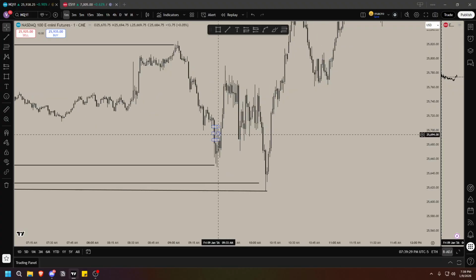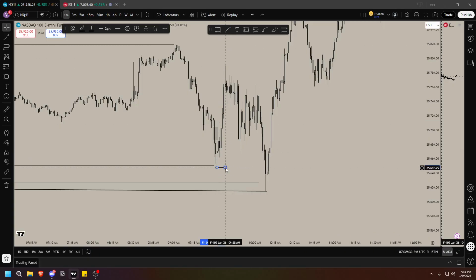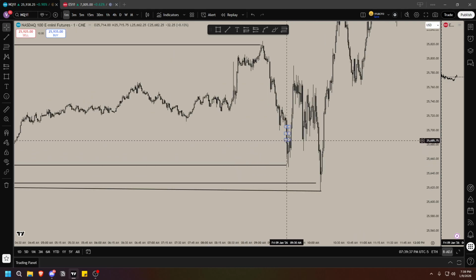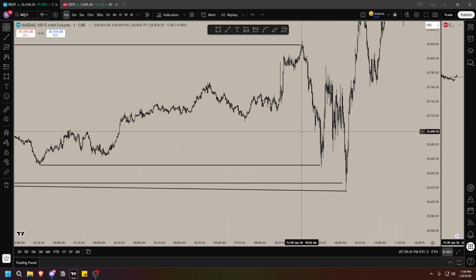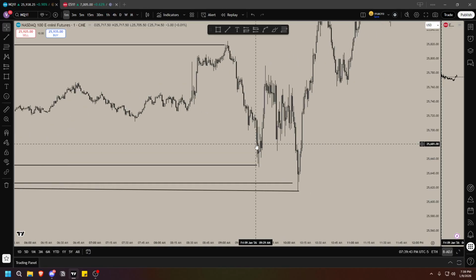Price is respecting it, but we don't see any candle closure lower. We don't see price displace any lower. So you would have known this might hold for a short-term reversal before we start selling off again, maybe to take out more liquidity below us or just continue higher. Overall, your bias right now should be longs.